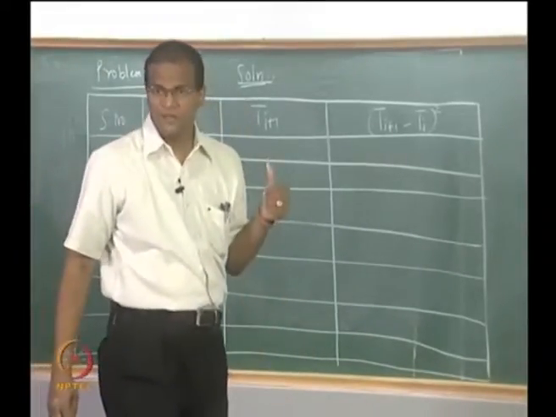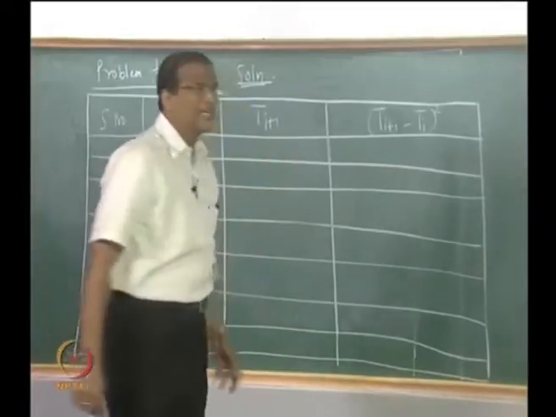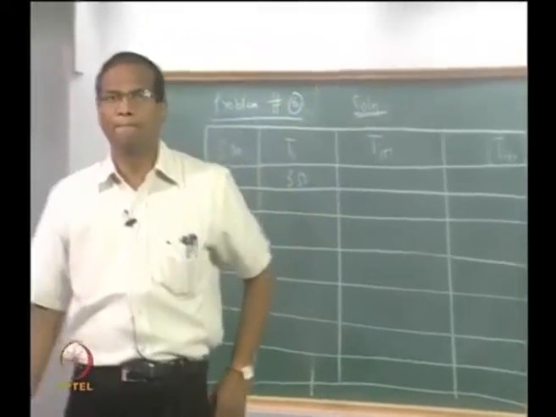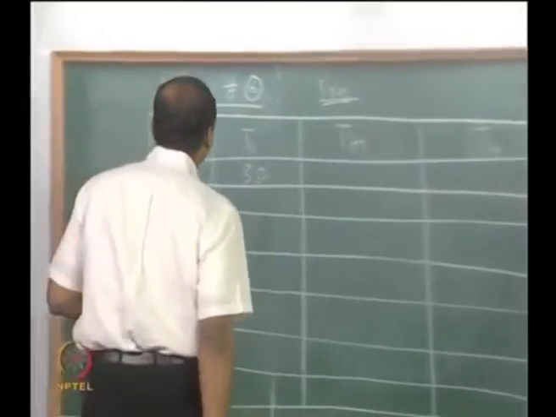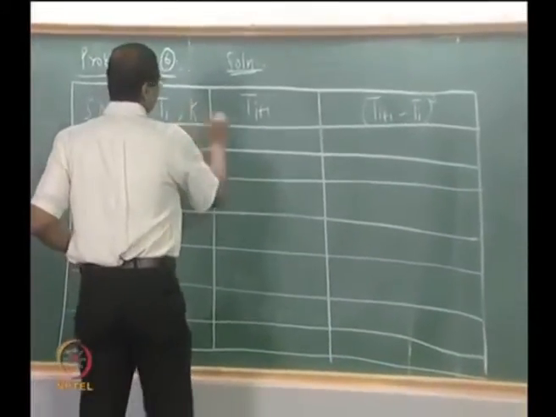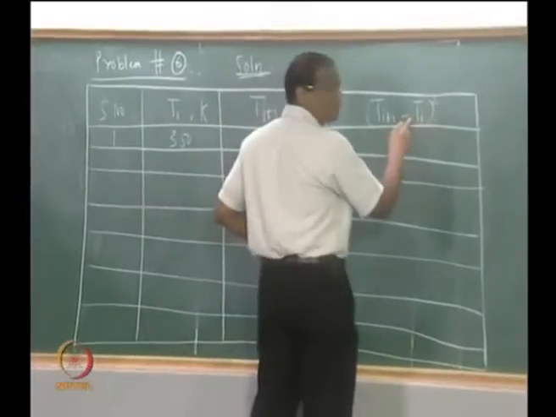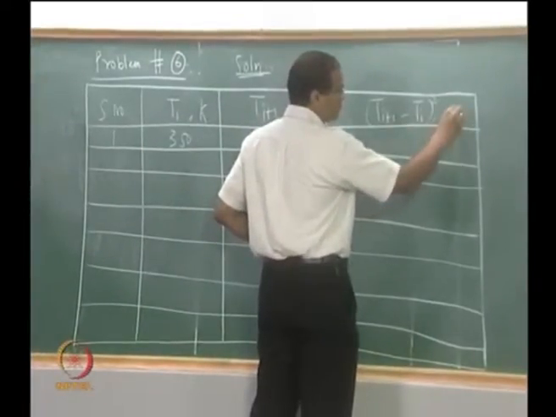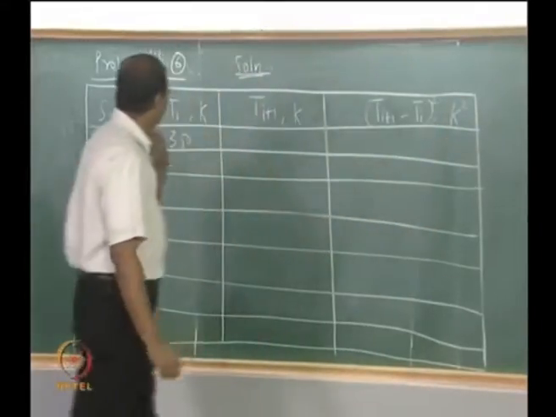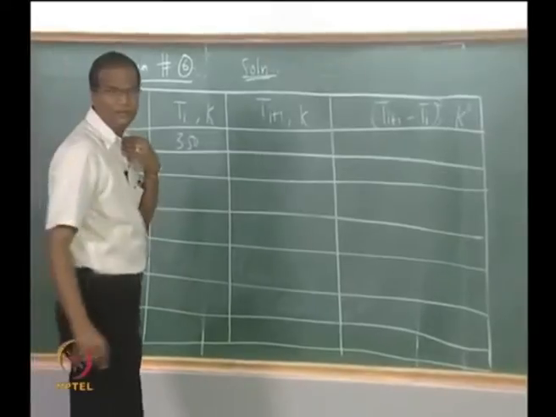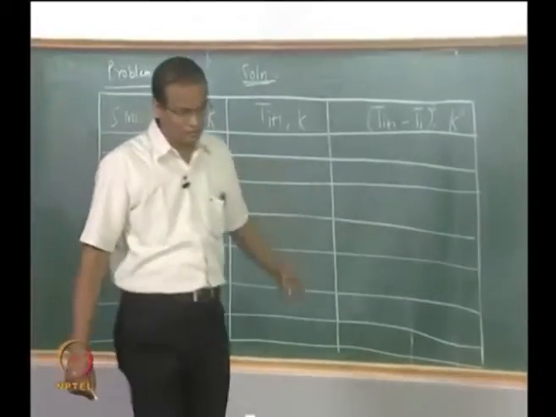What is 376.5? How many of you started with 350? Or why did you take 350? Reasonable. 350 appears to be reasonable. The wire cannot be at 1000 degrees, 1000 Kelvin or something. So we should put Kelvin. What about this? Unit. With 350, you get 376.5. What do you get?